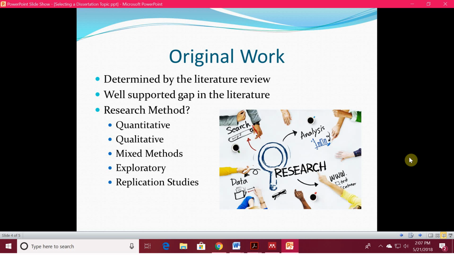There's exploratory studies. I don't recommend those for a dissertation either, but if you think about it, the first study that was ever conducted on Facebook when Facebook was brand new was conducted by Harvard. And it was exploratory because Facebook was a completely new animal. And then you can also do replication studies if these are allowed by your university. You need to check. Some allow them, some don't.